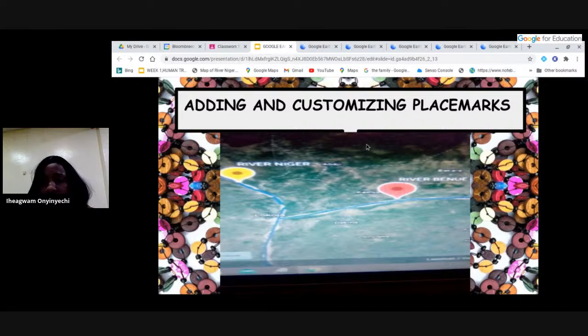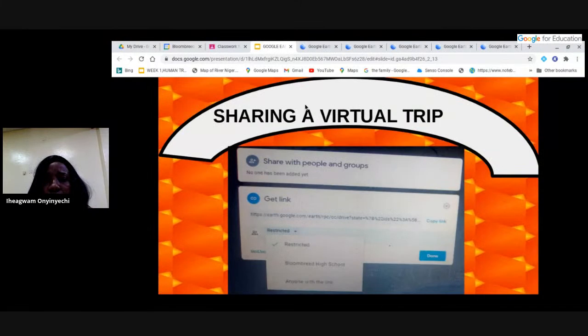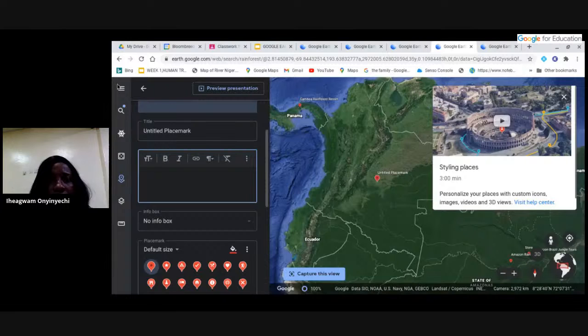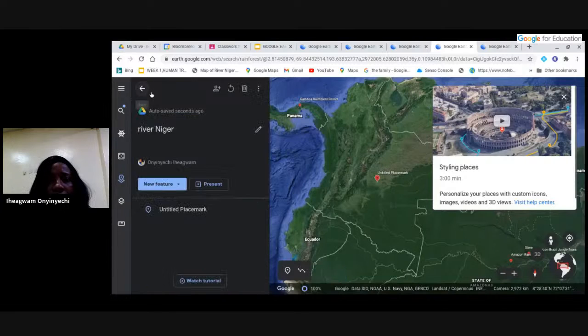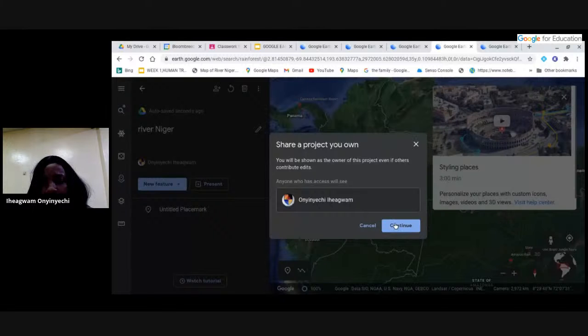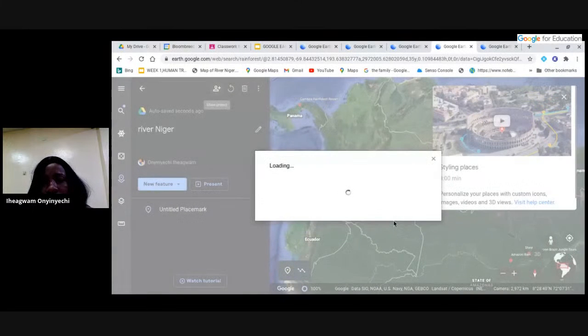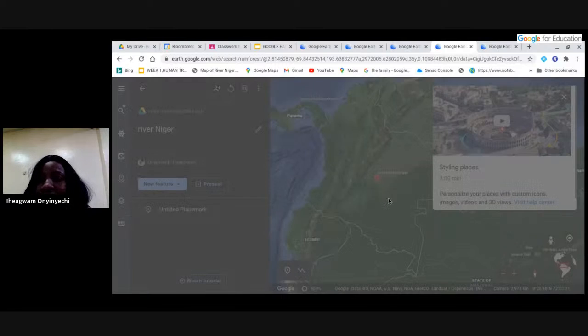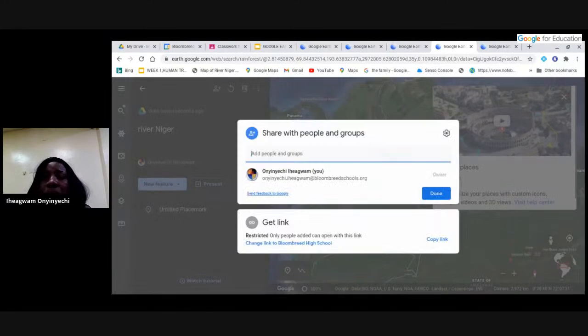Then the last one is sharing a virtual trip. How do you share a virtual trip? You come here, you get your link. Since you already created a project in the drive, you can always go to your drive, get a shareable link as well, and